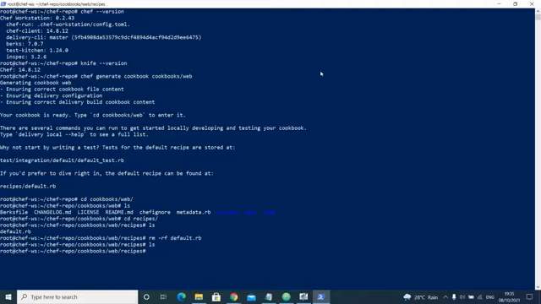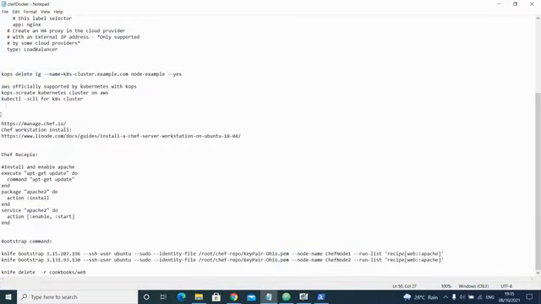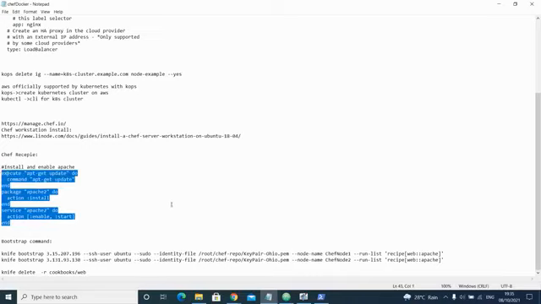So now we have to create our own recipe file. I have already written it, so it is present here. My Chef recipe is present here. It's a Ruby script. You can see here it contains, first, apt-get update, the update command. Next I want to install Apache 2, Apache 2 action install. Then I have to enable Apache 2 and I have to start it. So this is for starting it. First update, then install Apache 2, then enable and start it.